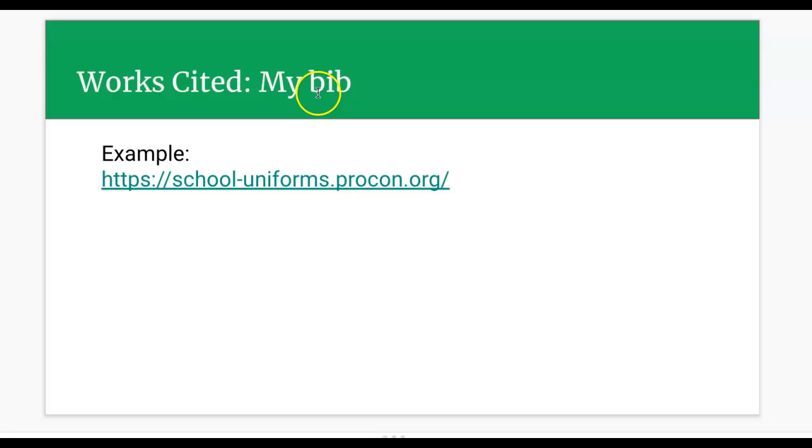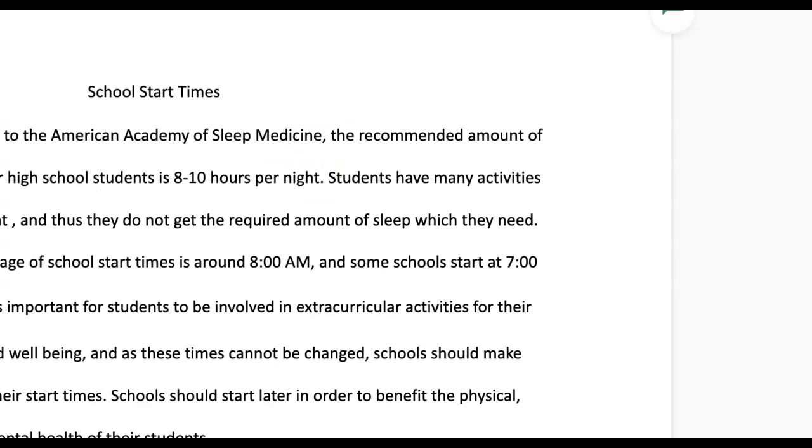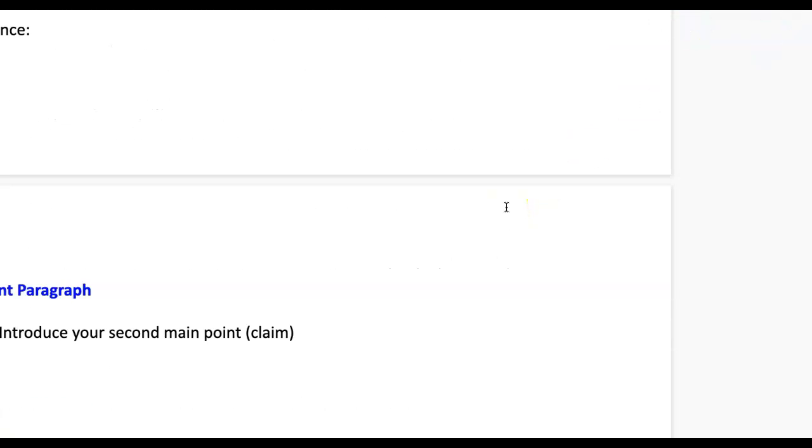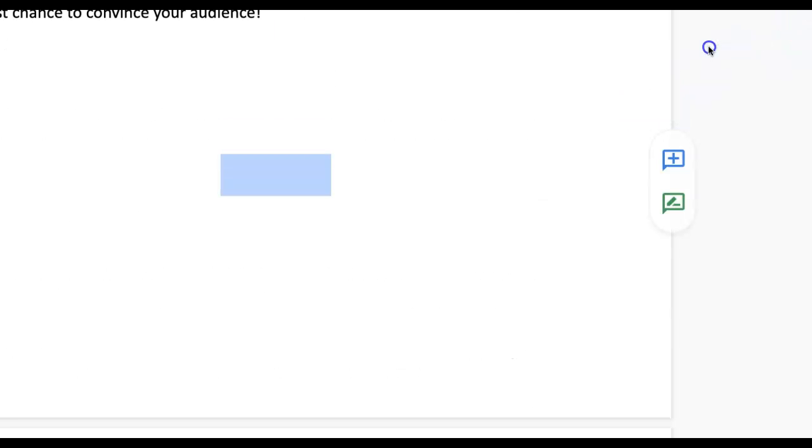You can use MyBib, or you can just use the template at the bottom that has an example on how to do it. So if you look at the bottom of it, it tells you like you should have your,